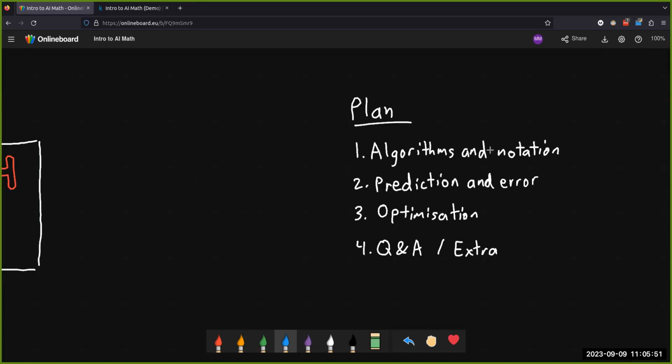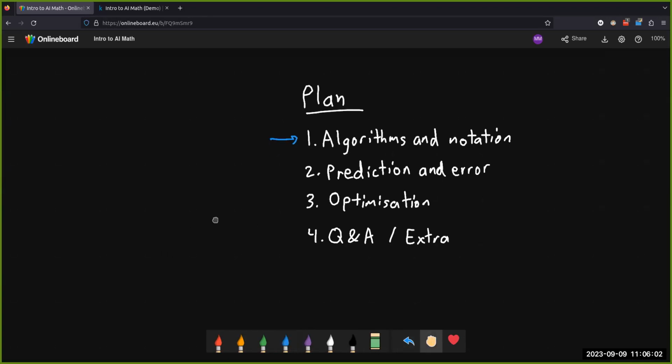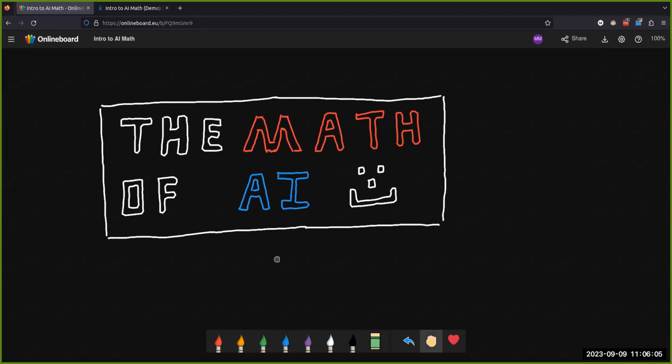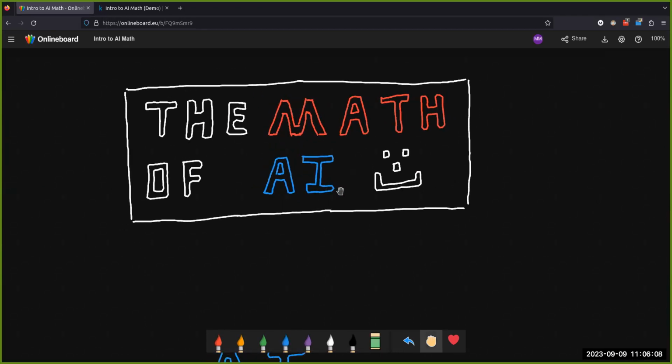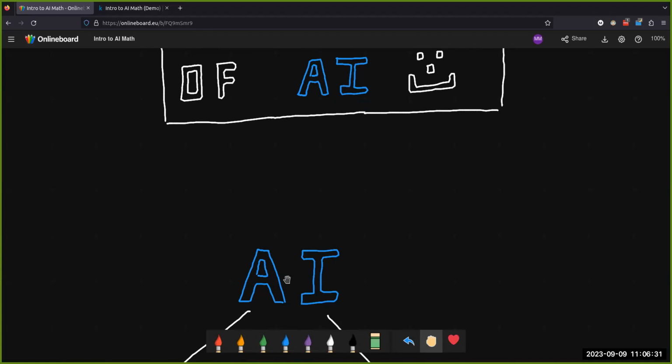So to get started, we're going to talk about the first category over here, which has to do with the kinds of AI algorithms that exist and some of the notation that you need to get to know. So when we talk about AI, artificial intelligence, the key thing to note is that this is a really, really broad term, and people have been creating algorithms for maybe 80 years, at least 60 years, that could fit into artificial intelligence.